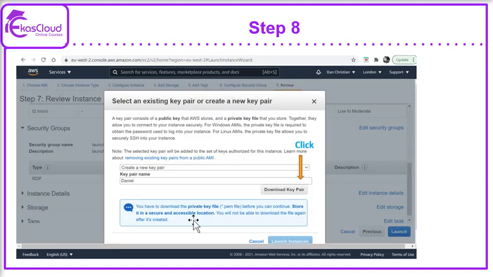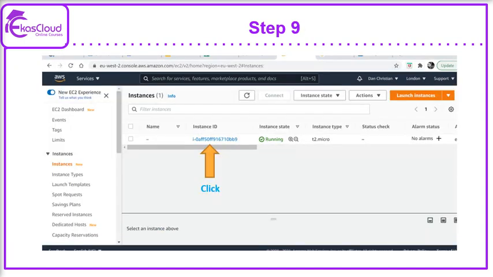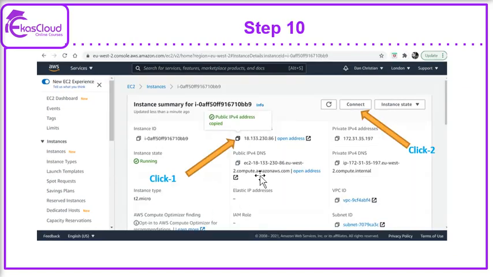And it would give you this page where you create a new key pair and you download the key pair. The key pair would be in your downloaded section of your computer, in your downloads, and then launch instances. When you launch instances, you will see this on your first page, which you saw in step 1, and then you click on the instance ID, and it will take you to this page where you copy the public IP